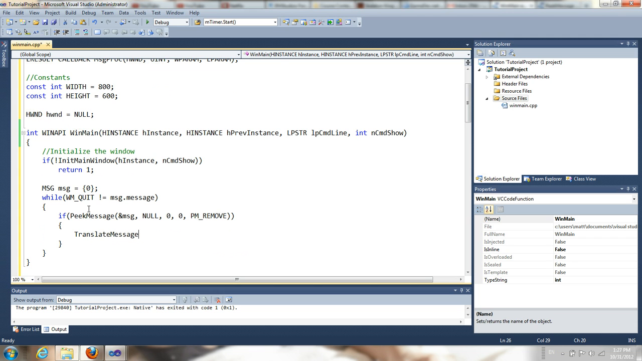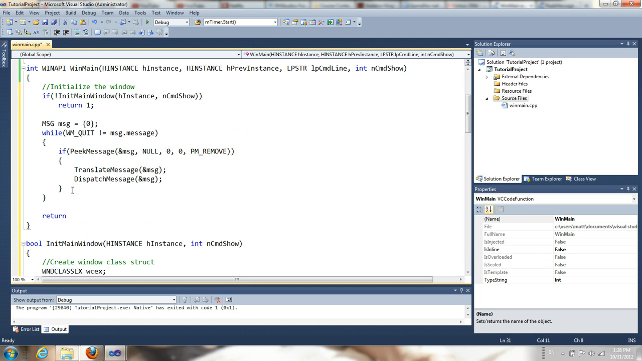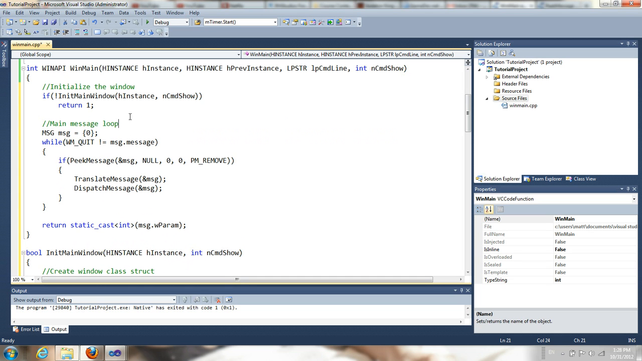Translate message, this function basically will translate any virtual key messages sent to the window, and dispatch message basically just sends those out. And then finally, once this breaks, if it ever breaks, we're going to want to cast message.wparam and return it as that integer type at the end, and then we're done. This is the main message loop,